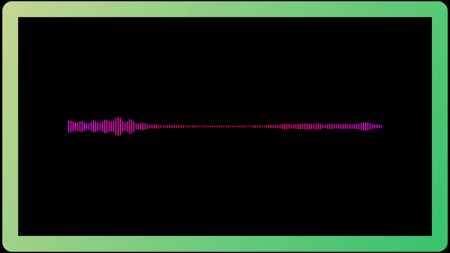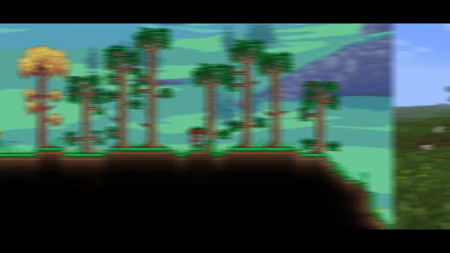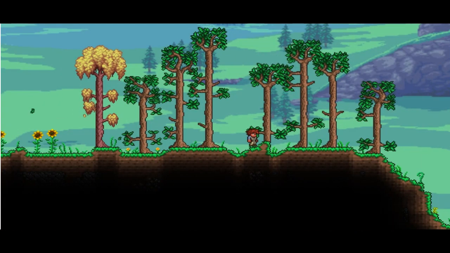I have a question for you. Have you ever played this game called Minecraft? Or maybe you have played this game called Terraria? No. Haha, yeah. Me neither. But you must have at least heard of this game. And assuming that you all are humans, I assume you must have at least thought about how terrain in these games is generated to make it look natural, right? Right? Please tell me you at least wondered about this. Of course you didn't. What was I expecting? Bruh. Alright, I will tell you.